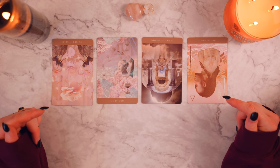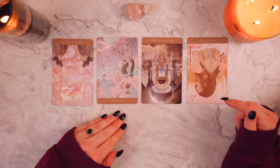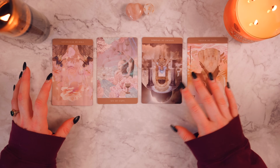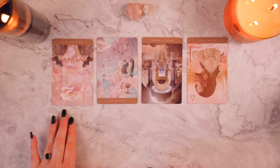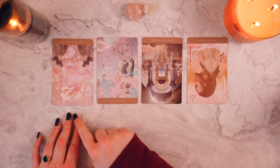And what I'm seeing here is that you're living really heavily in the past. Something happened in your past that really threw off your energy, and it made you lose your power, and it made you lose the ability to believe that you have good ideas. You've been holding yourself back because you're living in a figment of the past. And I say that because with the Two of Pentacles, especially being reversed, things feel out of whack. Something happened, and it put you almost in this freeze state